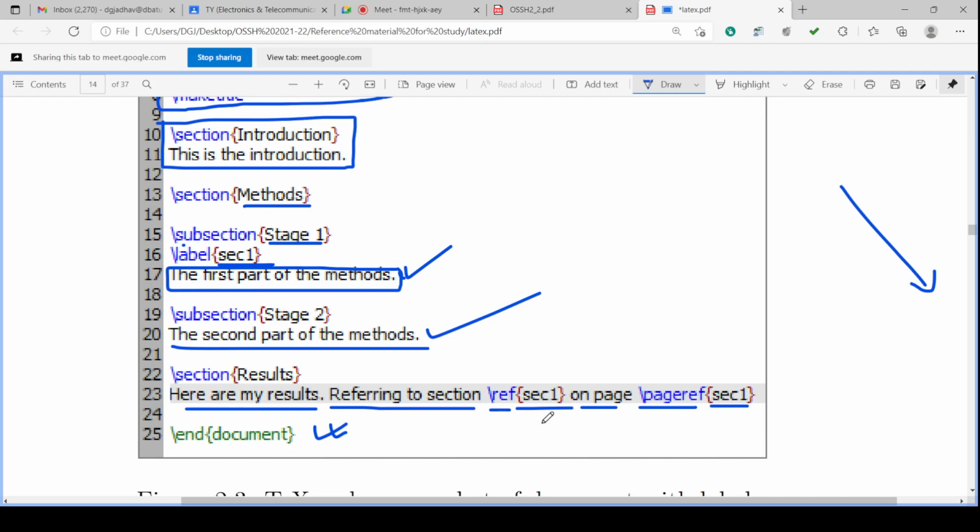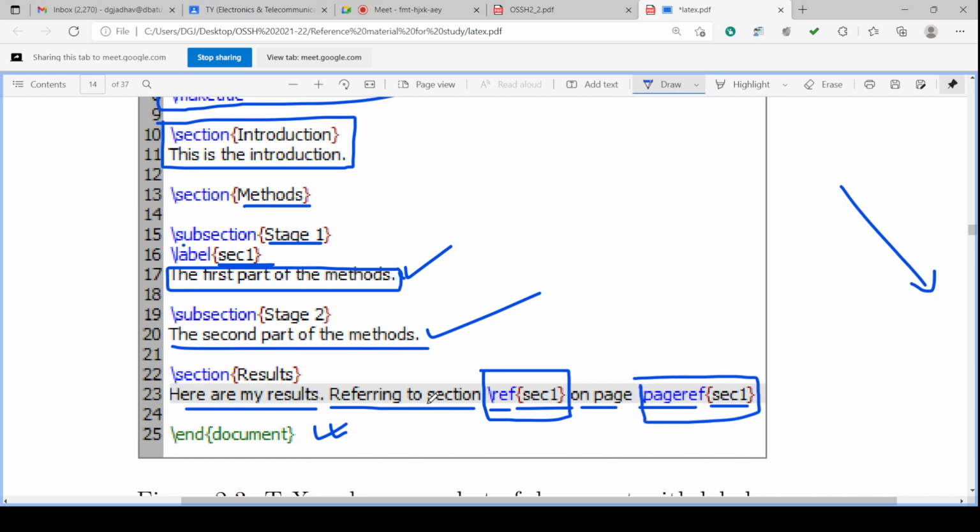And how are we referring? With the command \ref, and in curly brackets we write the sec1 label, whatever the label name is. On the page we are referring again. It is referred two times. Here one hyperlink is created, and here one more hyperlink is created.